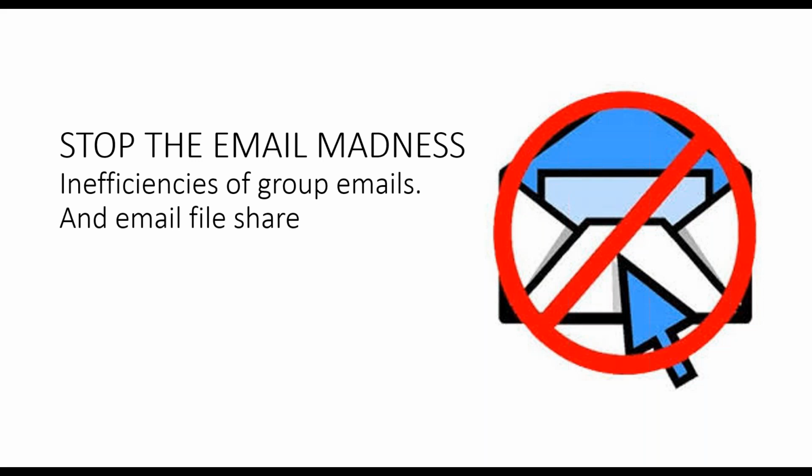And the same goes with file shares. We want to work on a document together, and I send out the document, and then people work on it, they send it back. Now we have revision 2, and then somebody else works on it, and that's revision 2.a, dash their initials. And then it goes back and forth and back and forth, and basically then what always happens in those situations is I end up making changes on revision 2 when the rest of the group is on revision 9,